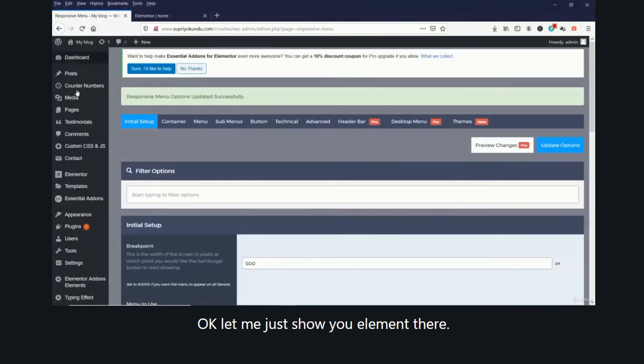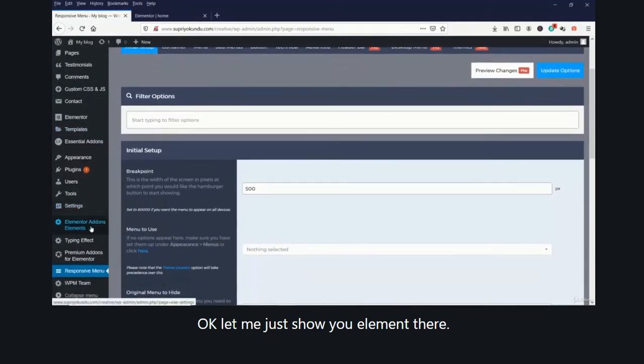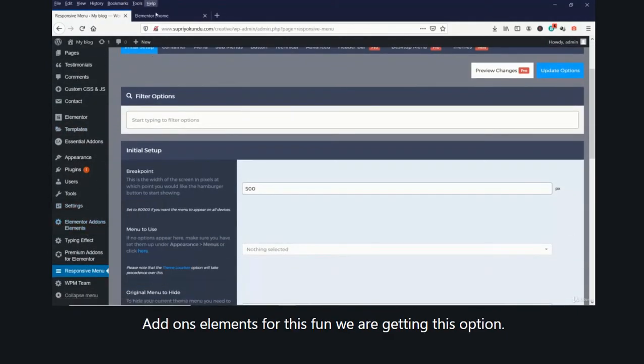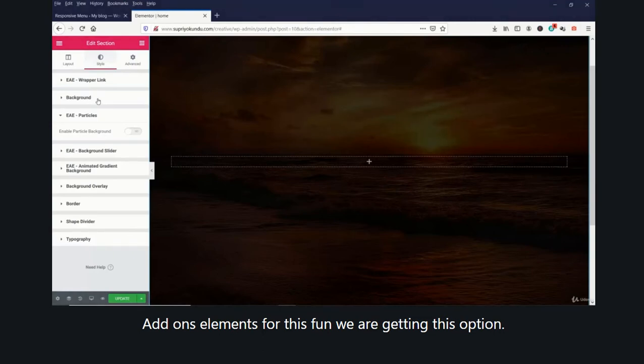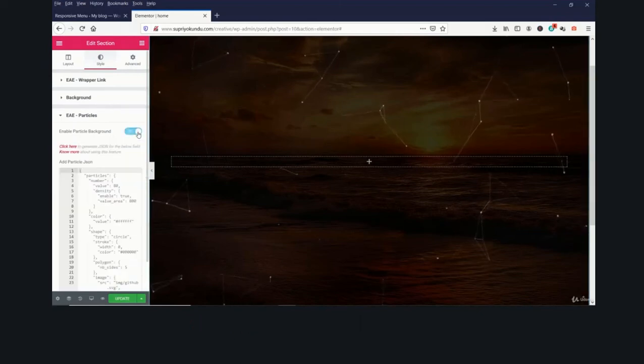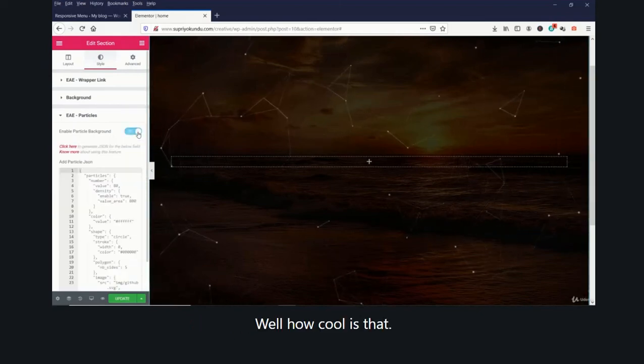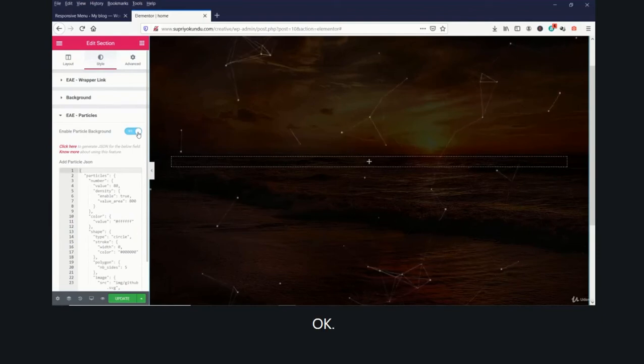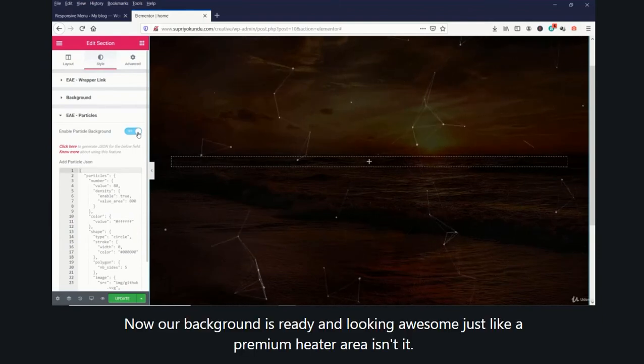Let me just show you Elementor add-ons elements. For this one we are getting this option. So now let's enable particle background. Wow, how cool is that, isn't it? Okay, now our background is ready and looking awesome, just like a premium hero area, isn't it?